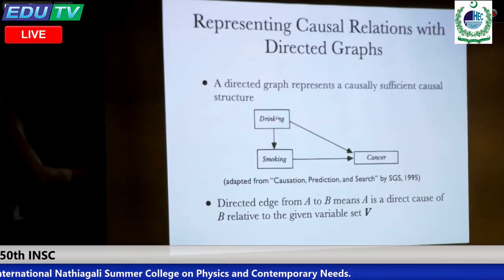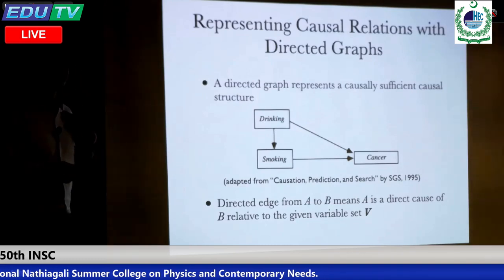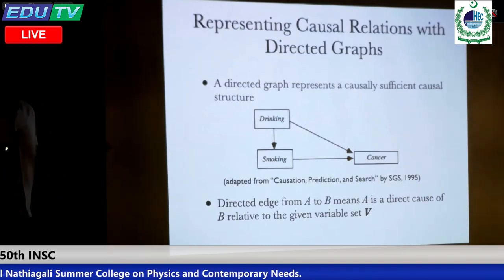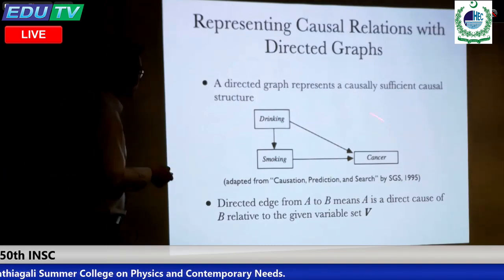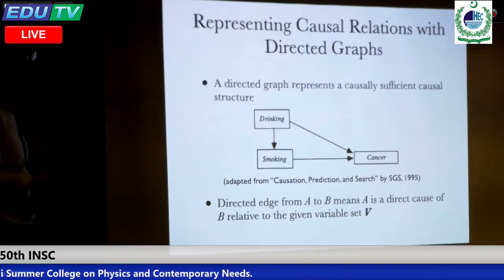That's very nice because this way I have freedom. I know what to change in order to achieve my desired difference while I can still keep something the same. Later, I'll give you an example. This is how we can represent the causal relation with the graph.